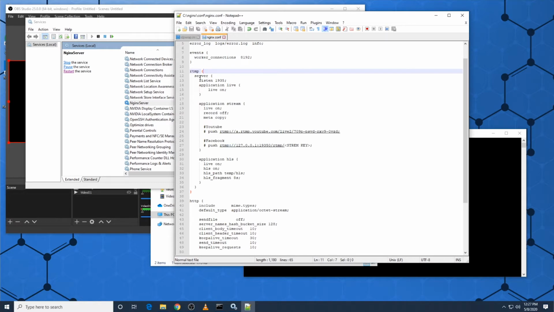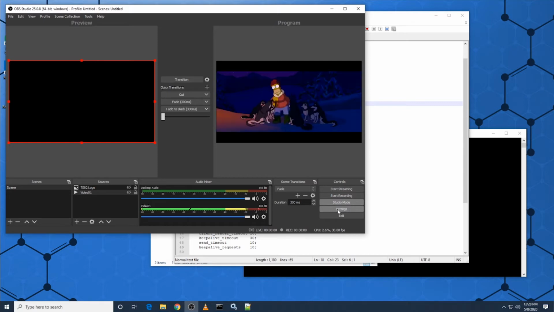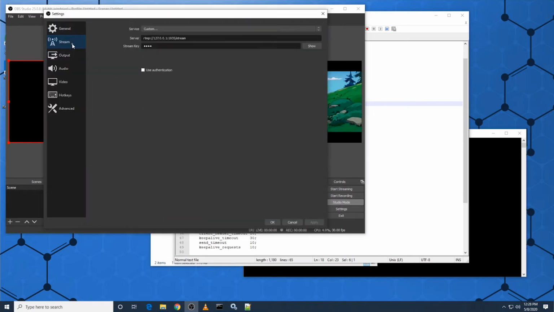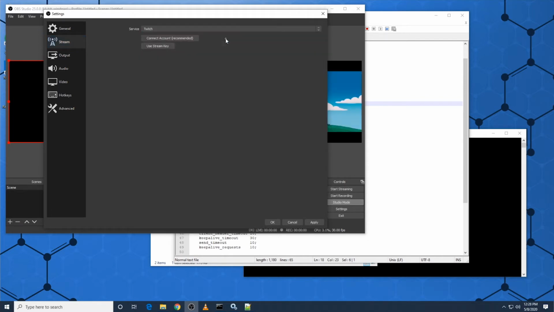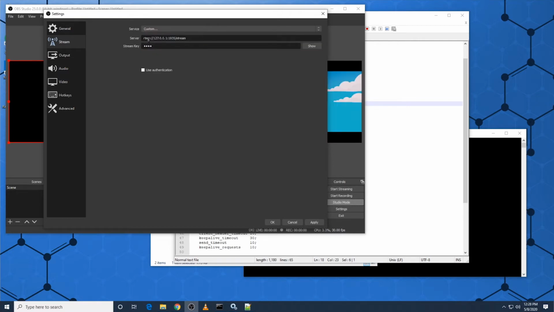So now that we have our RTMP server up and running, we're going to be publishing to this stream endpoint for the RTMP server. So in OBS, you're going to go to settings, stream, and then by default, this is set to Twitch, but you want to switch it to custom. And then the server you're going to be hitting is called